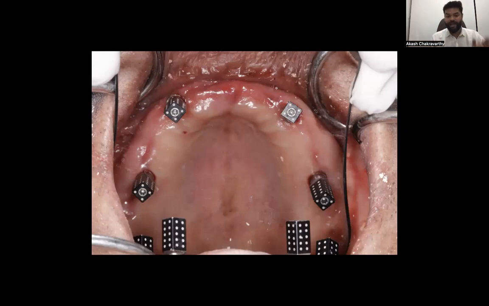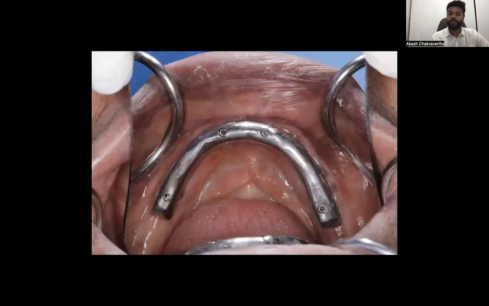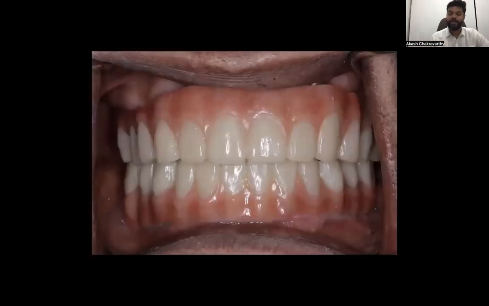Okay, so now that we have all three pieces of information, we go ahead and mill a titanium bar. So this is a milled titanium bar. We place it onto the patients and we try it on. After the trial is done, this is a monolithic PMMA suprastructure. So it's fixed with a titanium bar and a monolithic suprastructure. So what are the advantages we get over here? The titanium bar is extremely rigid and it provides extremely good cross-arch stabilization.